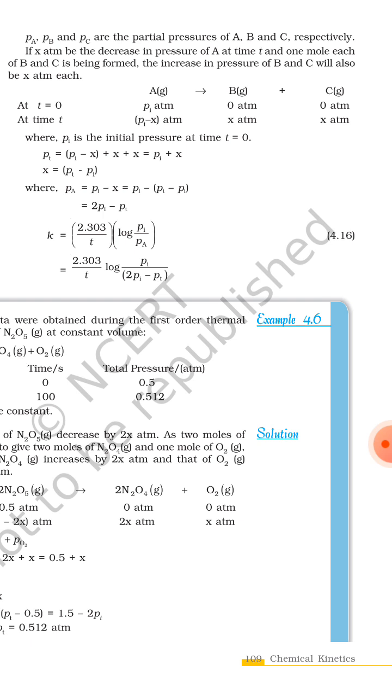ठीक है, x एटमोसफियर at t equal to 0 at time t। तो ये जो गैसियस फेस रिएक्शन है जिसमें रिएक्टेंट और प्रोडक्ट दोनों गैसियस फेस में है। तो टाइम जब 0 सेकेंड में रहता है तो A जो है Pi एटमोसफियर रहता है, B जो है 0 एटमोसफियर में रहता है, C जो है 0 एटमोसफियर में रहता है। और टाइम t मतलब 0 सेकेंड से आगे बढ़ गया तो रिएक्टेंट A का प्रेशर हो जाता है Pi माइनस x एटमोसफियर, और B x एटमोसफियर, C x एटमोसफियर होता है। x एटमोसफियर का मतलब क्या है कि रिएक्टेंट A का प्रेशर डिक्रीज होता है जैसे जैसे टाइम बढ़ता है, और B और C का प्रेशर इंक्रीज होता है।